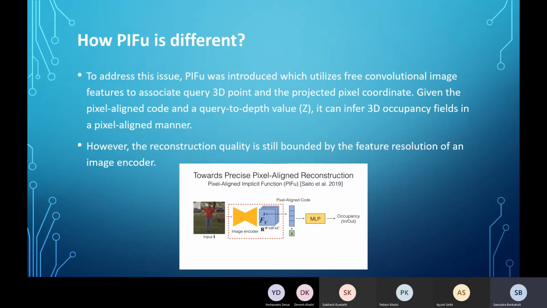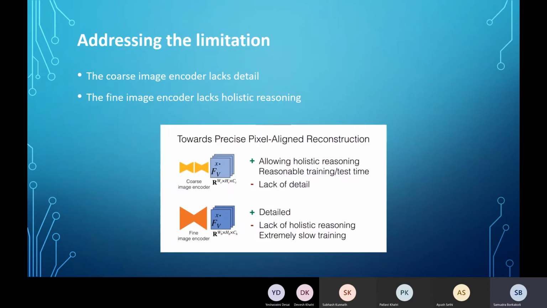Then the second one was using a finer image encoder. It was much sharper and more detailed, but it took way too long, and it usually added too many extra features to the actual input image. So if the guy was wearing a simple shirt, it would look like the shirt was too heavy or something like that. They would add too much information.